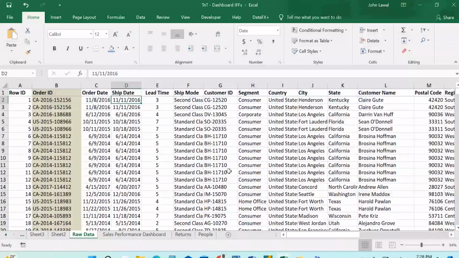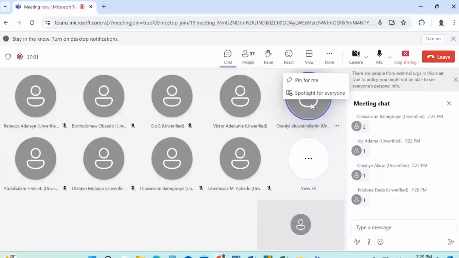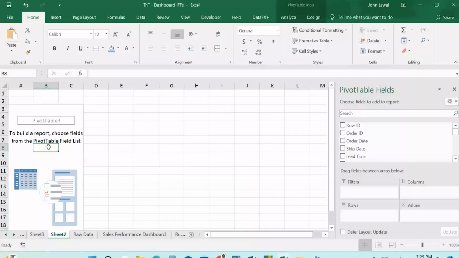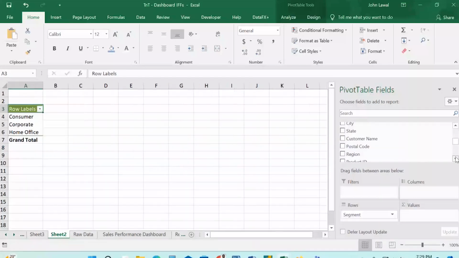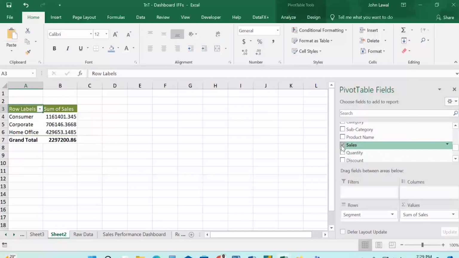So we understand how to create the pivot chart. Now we've created it from this variable. We have this pivot table. We can just create a relationship between the sales and the category or even the segment. So say for instance, we say segment and then the sales. So we say sales per segment. Very easy. If I need to create a pivot chart out of this relationship that I've just created,